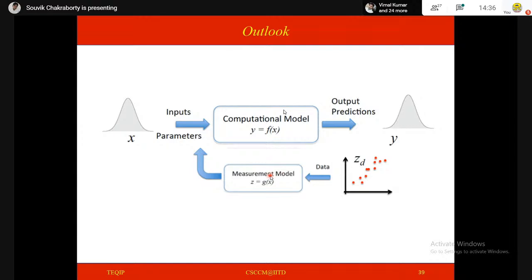And then lastly, we talked about a scenario where this X is basically uncertain. So X is not perfectly known, and how we can propagate this uncertainty in X to Y and compute probability of failure. And then lastly, we talked about a multi-fidelity framework where this is not accurate. We have some data, and how both of these can be used to go from the input to the output. So essentially every aspect of this diagram that you see